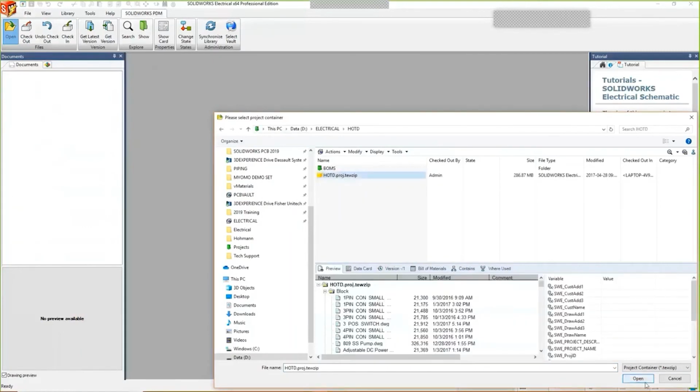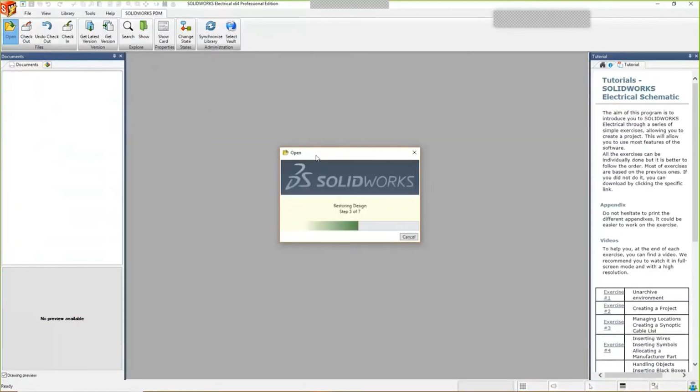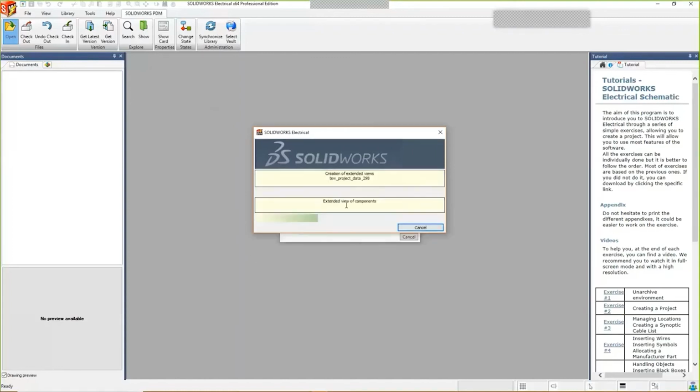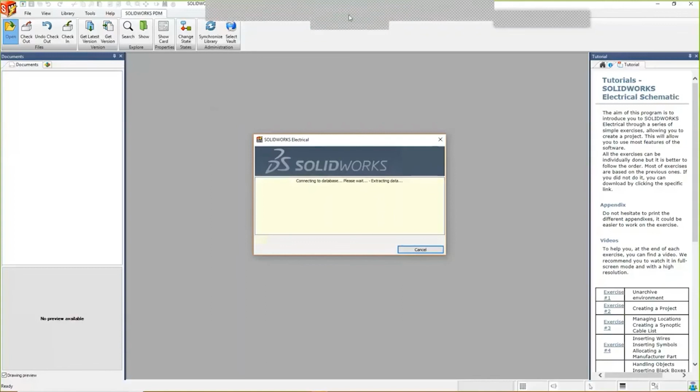And I'm going to go right to this project and say open. Because now all of my projects are going to be in the vault. So the mindset is you're not opening from the project manager within electrical unless you didn't check in the file. If it's checked in, you always want to open it from the vault and you want to delete it out of that. So while this is loading,